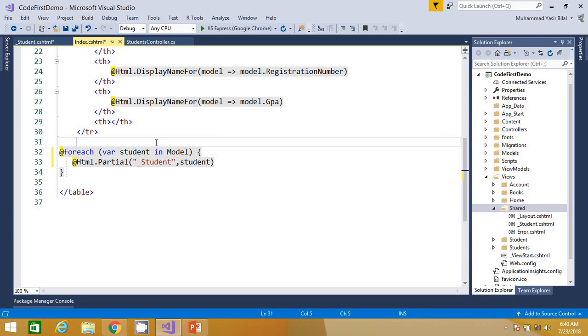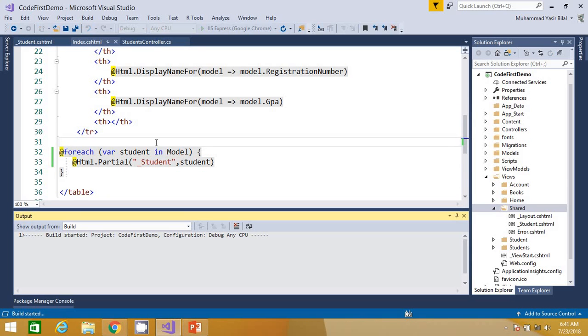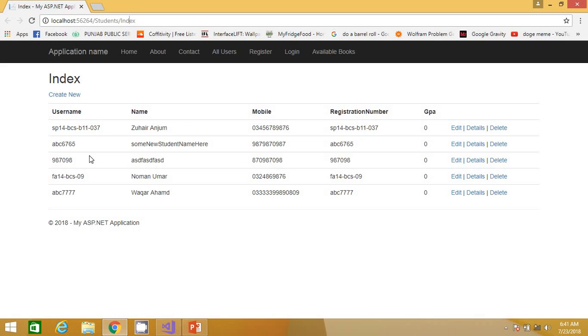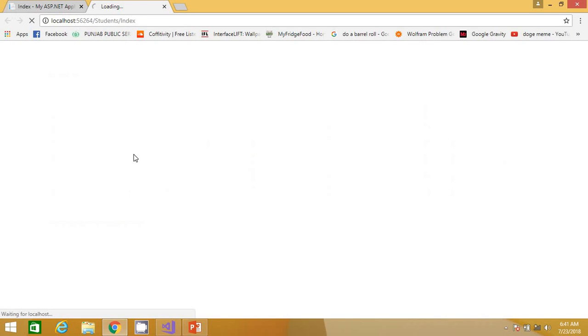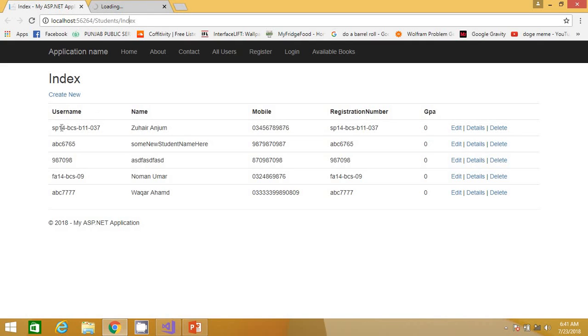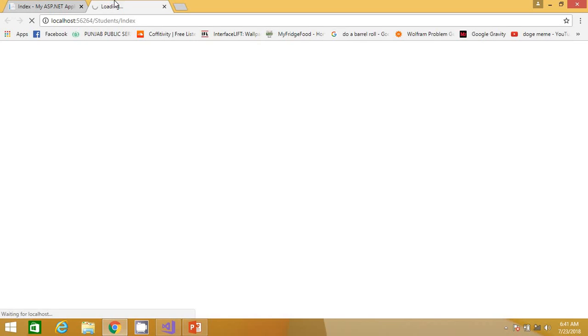Now let me again run the project, and let me show how this Html.RenderPartial works the same as this one. So there is no difference on the interface. Here is this interface, and you will see here will be the same interface as it was before.